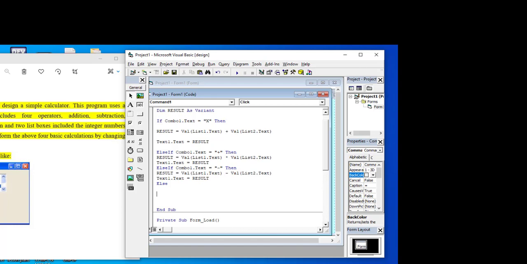When a value in this list box is divided by a value of this box, in this case, if there was 0, it would be somehow a problem. But because there's no 0, we don't have to add any other if condition to check if the value of the second list box is 0. So let's say now else